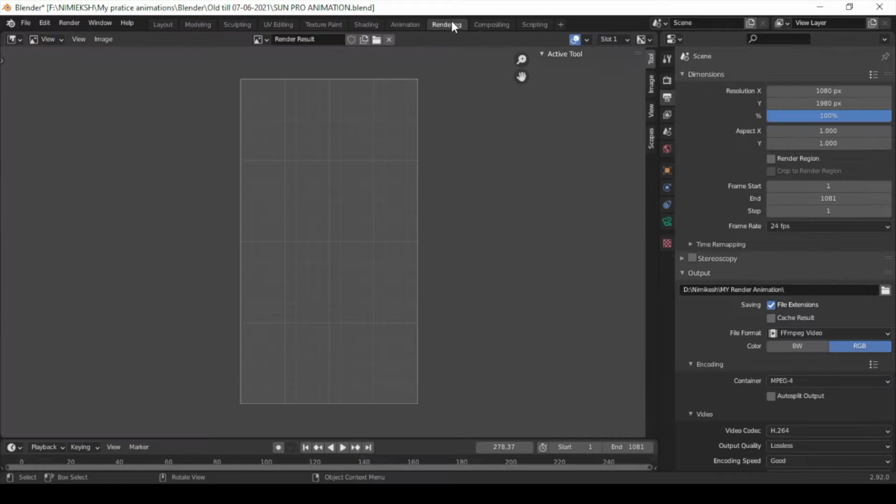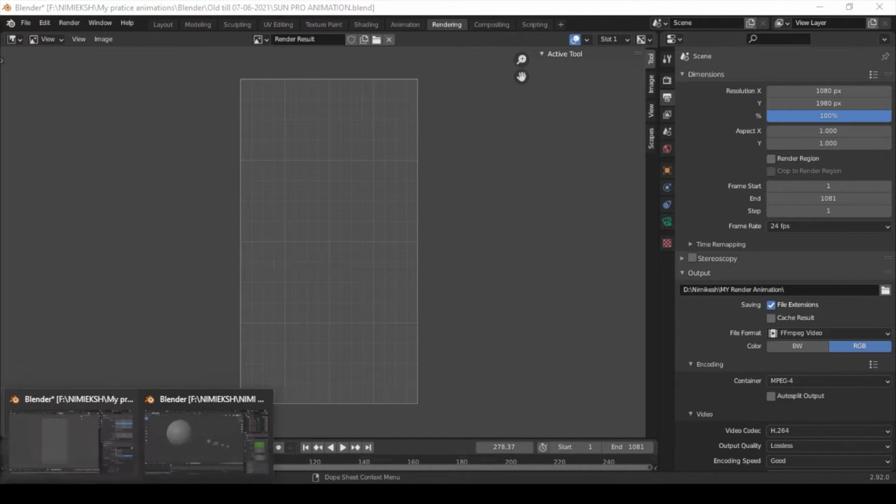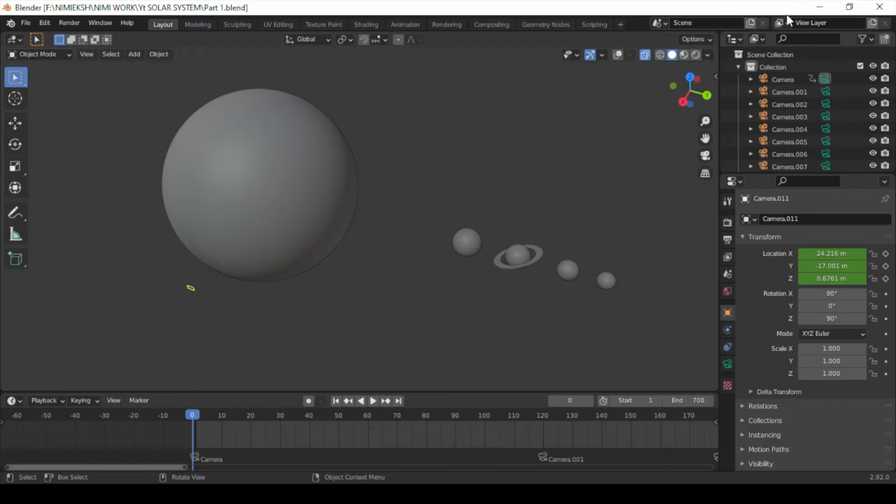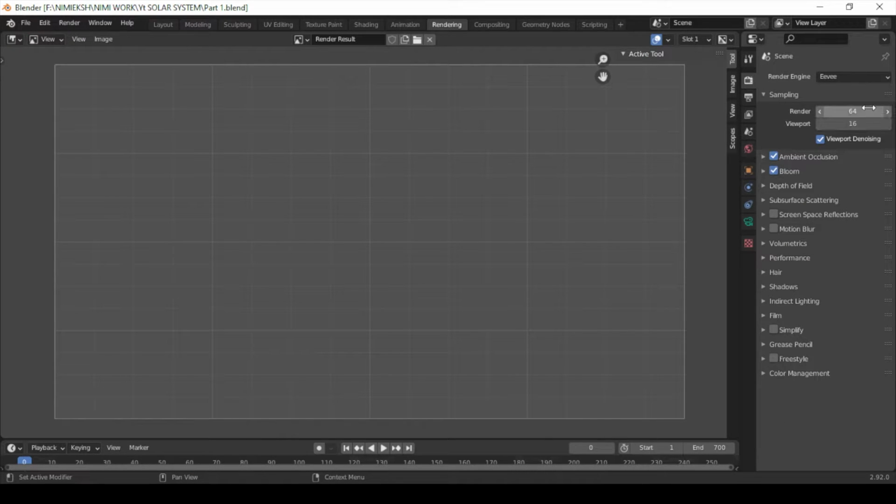So in this file you will go to rendering mode. You can see everything I have done. So first you have to note something. Take your resolution, this 1080 px. Okay, I'll go here and I'll go to rendering. Our everything is done, and now